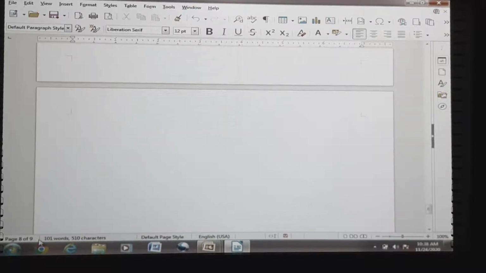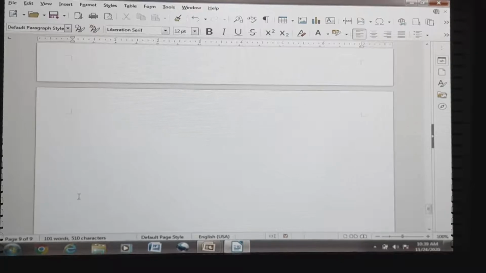Now I need to go directly to page number 1, the page in which our paragraph has been written.